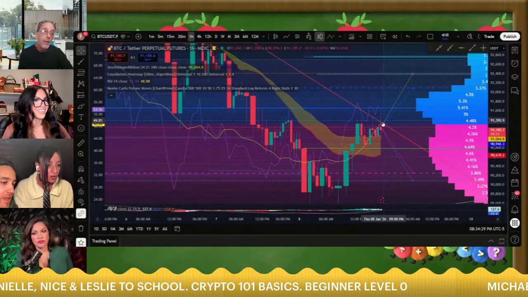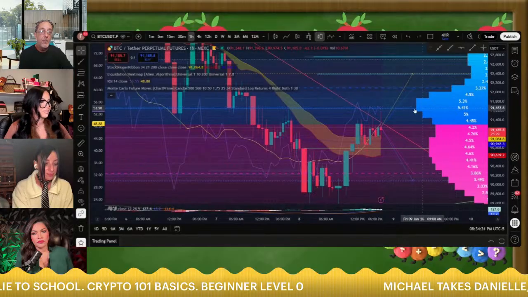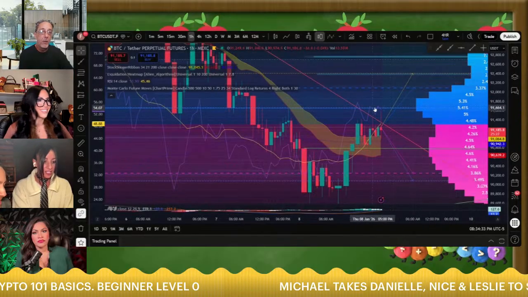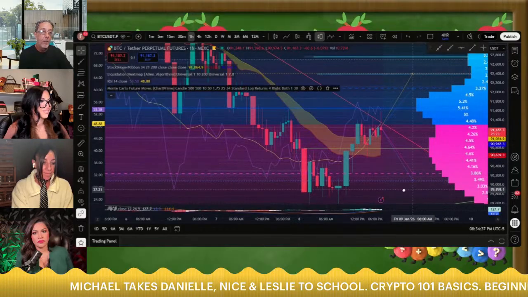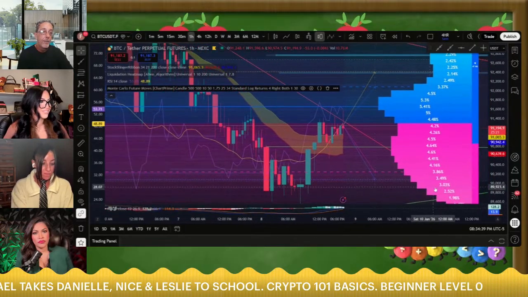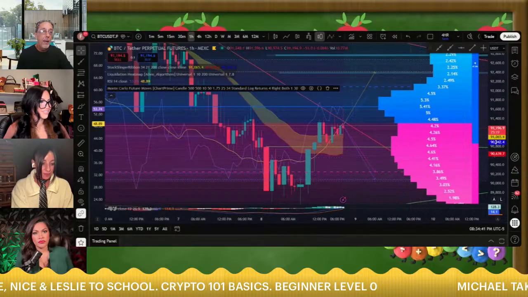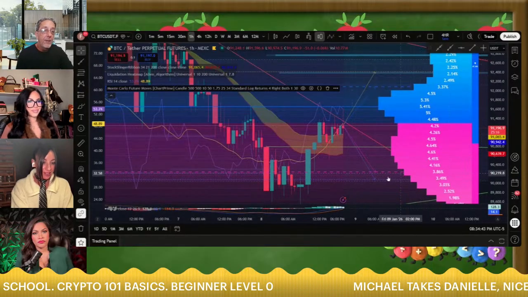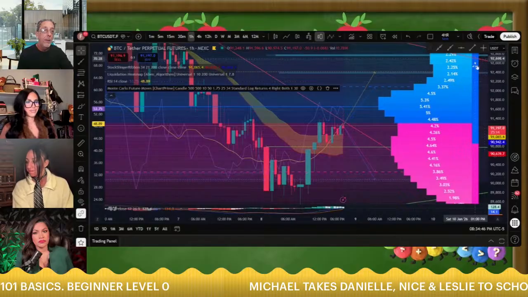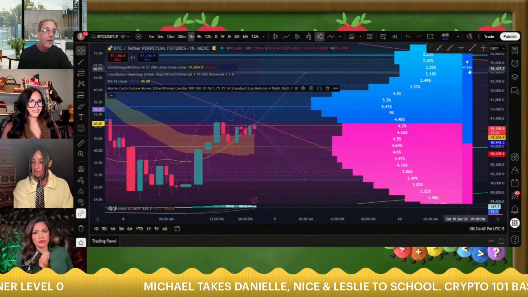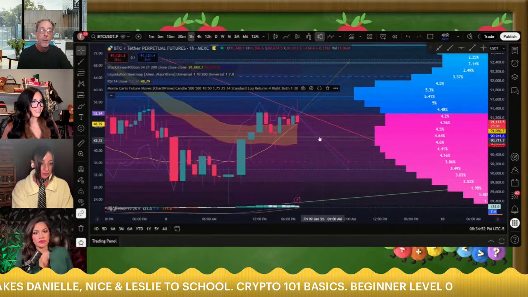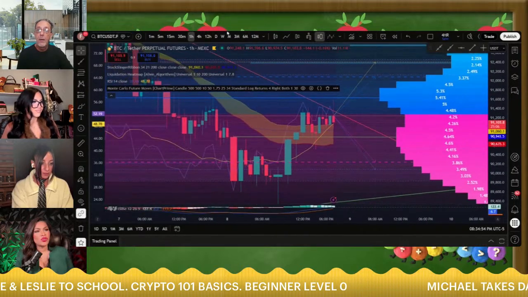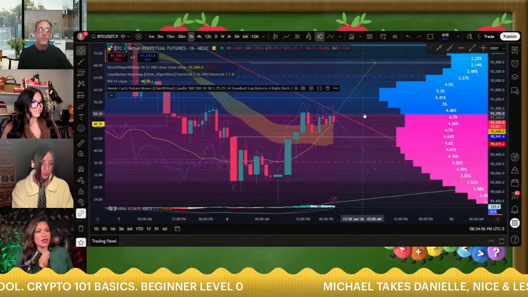Right now, it's saying it's got a 5.5% chance to come up to this blue line, right? But it looks like there's a lot more pink down here in this immediate area. So there's like a 53% chance that it's going down, because it tells me right there that says 47. So that means it's 53 over here in the pink that we're going down.